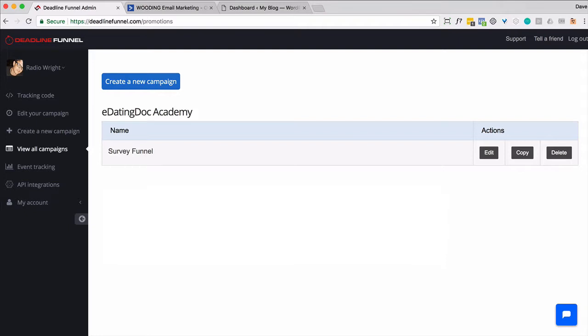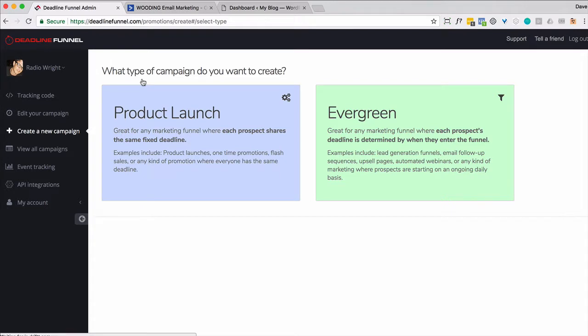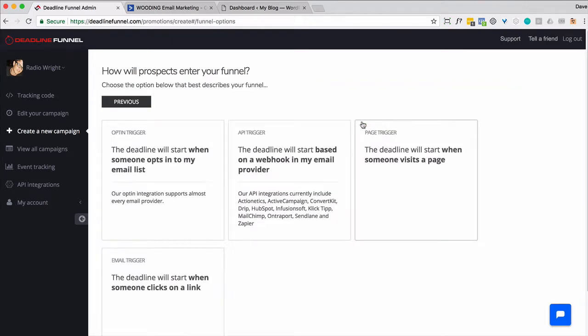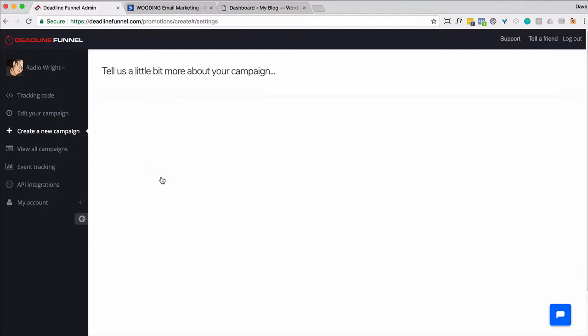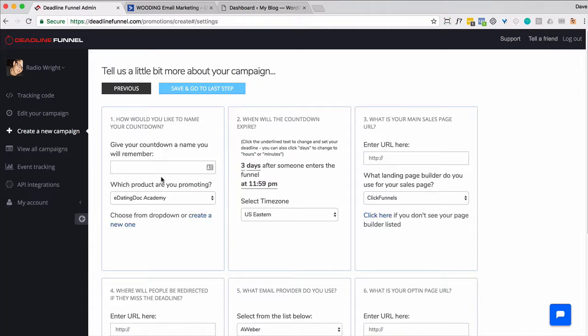So first thing to do is simply let's create a new campaign. Along the way, we're probably going to have to backtrack to enable our ActiveCampaign, but let's just start with creating a new campaign. Now we're going to use an evergreen, and deadline funnel will simply walk you through questions that it needs to have answered to create. So tell us a little bit more. We are going to call this